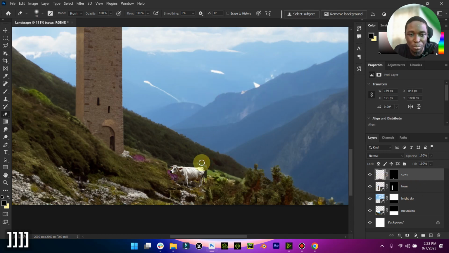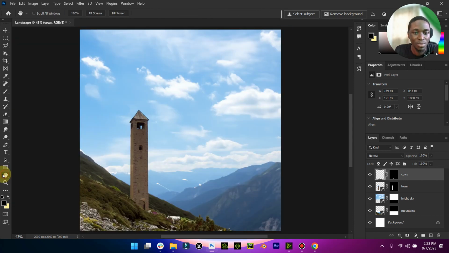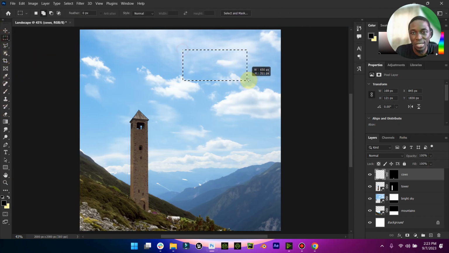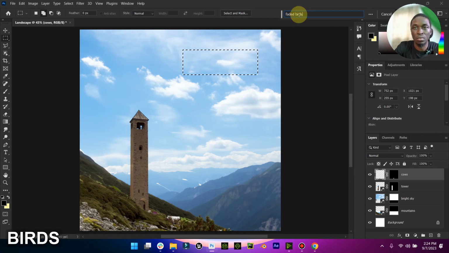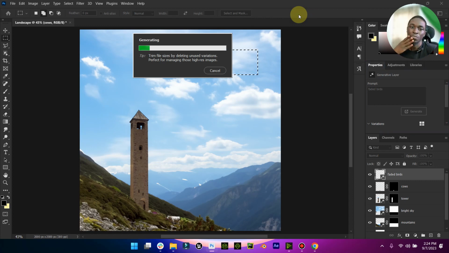like this, just like this. All right, so we can see the cow there, right? And still playing with something, we can just say beds, faded beds, right? So